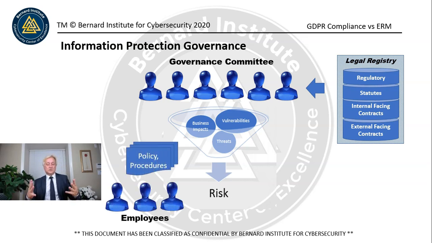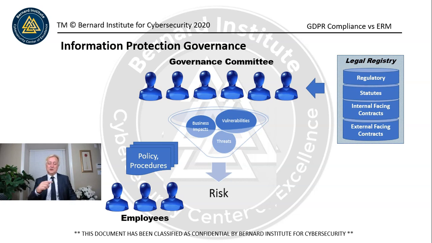Policies and procedures will get created as part of the process. So when we identify a risk, how are we going to treat the risk? That's the next question. That's when you present the risk to the governance committee. It's been prioritized. You should also have an action plan. You shouldn't be walking in there asking them what to do. If you do, you probably won't be employed for very long. So you need to come with an action plan.